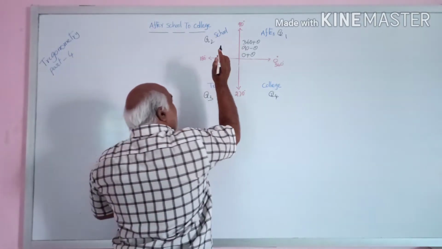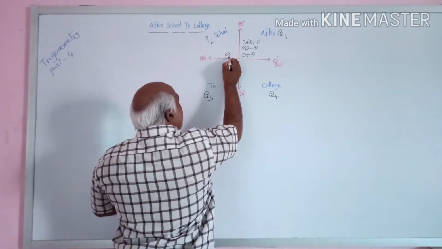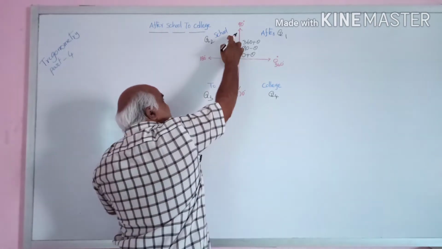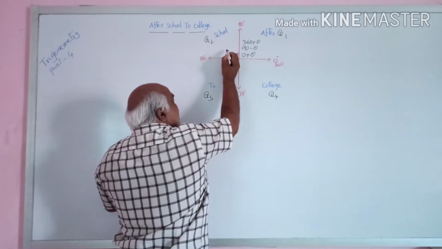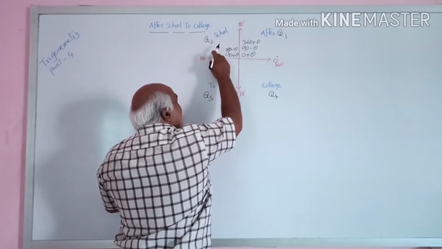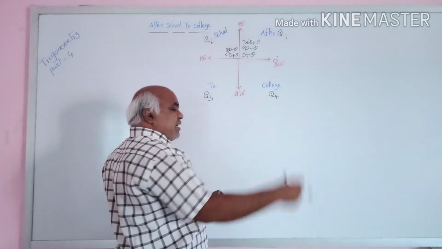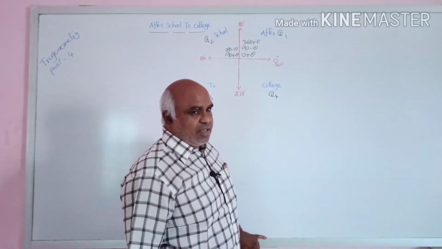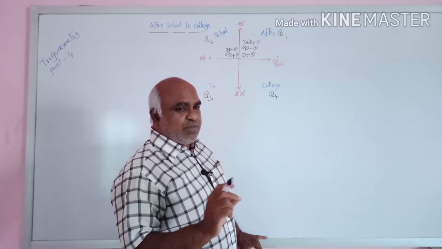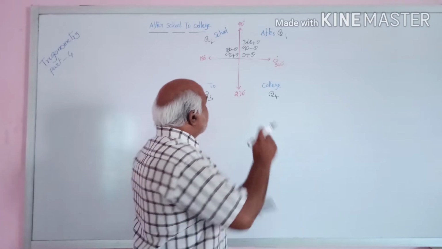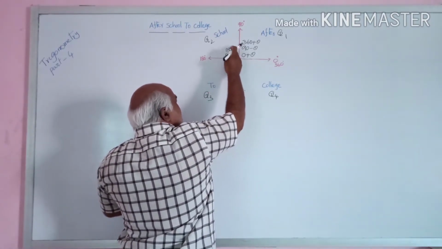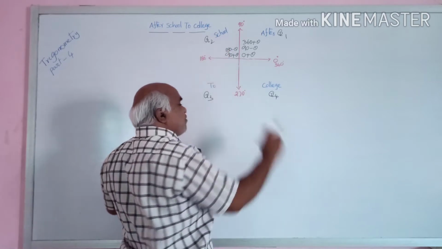Come to the second quadrant. 90 plus theta. 90 plus 1 is 91, and 91 is in the second quadrant. Next, 180 minus theta. 180 minus 2, 180 minus 3, all lie in the second quadrant. Theta means a value in between 0 and 90. Therefore, you can take 180 minus 20, which is 160. 160 is in the second quadrant.